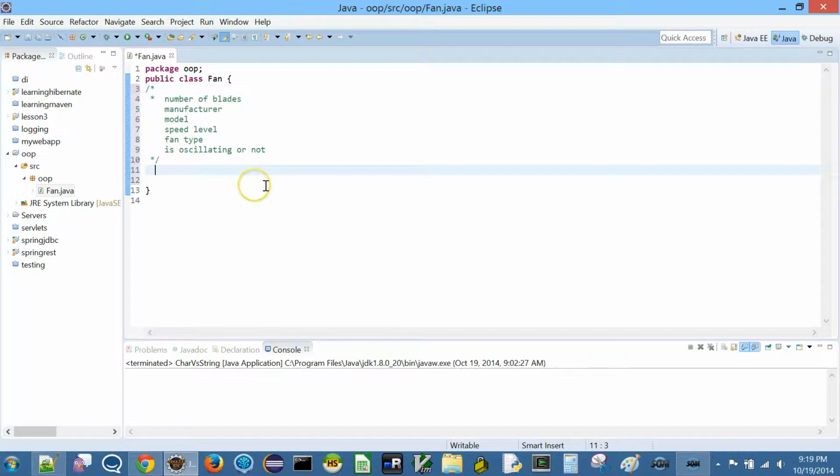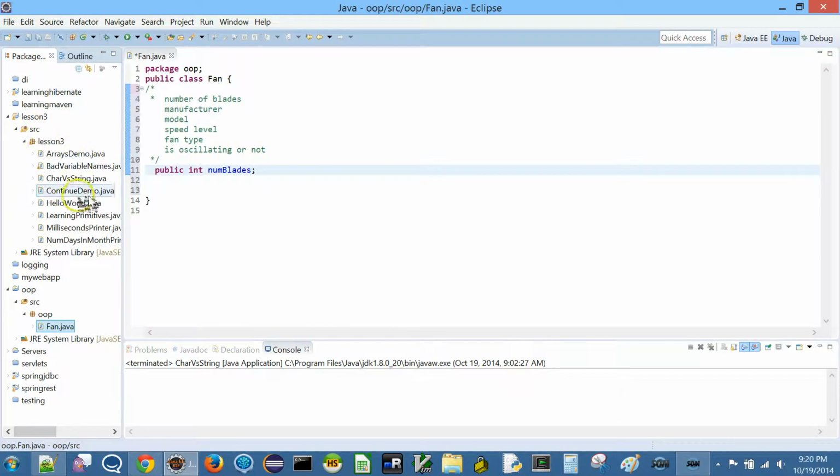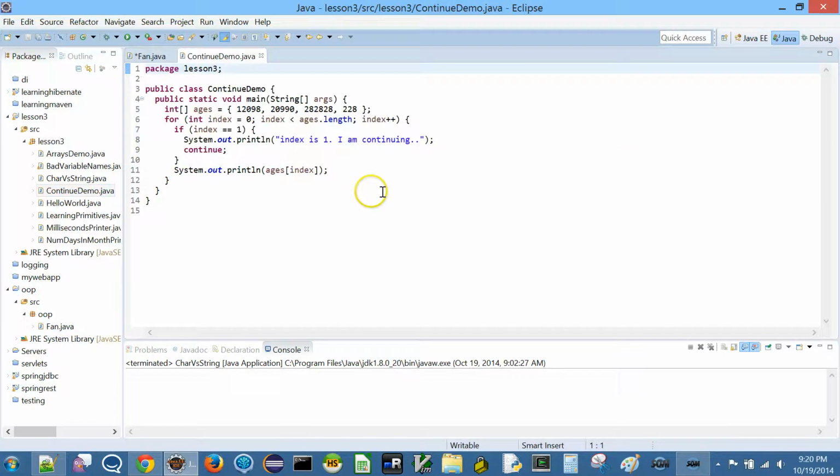For now, I'm just going to say public int num blades. All right. Again, remember the lower camel casing convention. Previously in lesson 3, we were seeing a lot of these, right? So for example, we went to the continue demo. We were using things like ages, index, all these things. These are basically living inside this method, right?